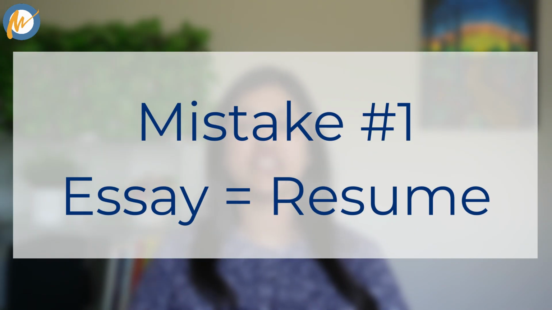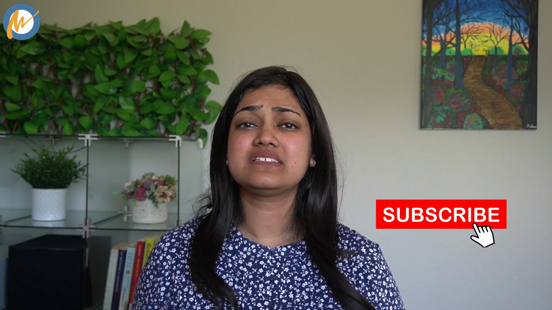The first and foremost common mistake applicants make is writing the SOP as a summary of their resume. Many essays simply list achievements chronologically. I worked on this project, then I worked on that project, then I learned this skill. The admissions committee already has your resume through your application. The essay is not meant to repeat information. It is meant to explain.